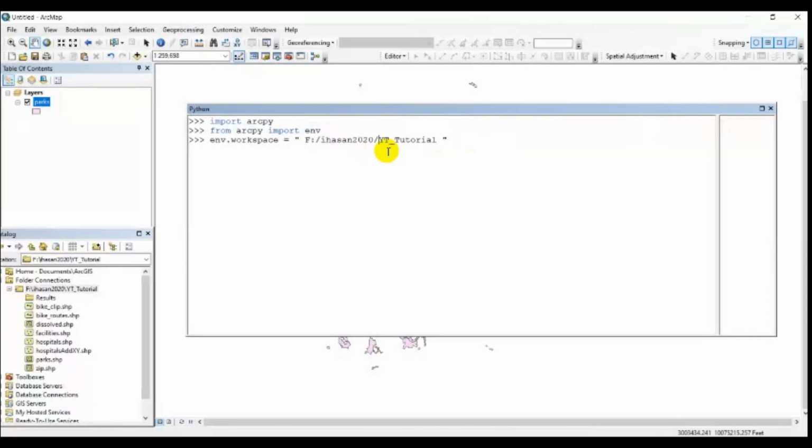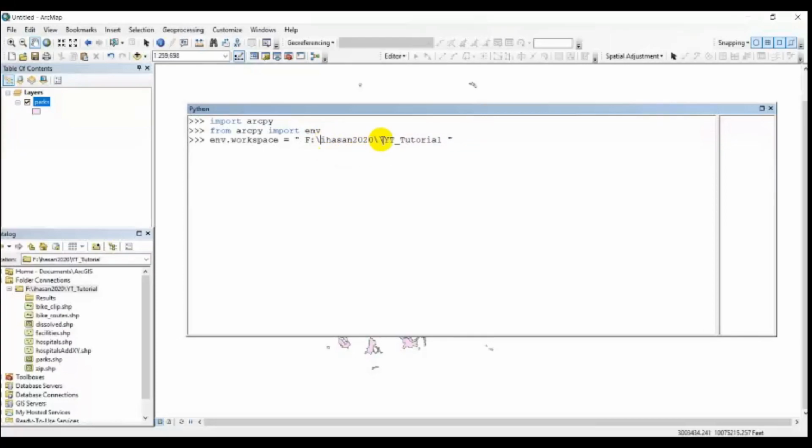Okay. And the other kind of file path that is also accepted by Python is the double backward slash. So that could be double backward slash, this one. So this one is also valid. Apart from this, there is another kind of file path that is also accepted, which is